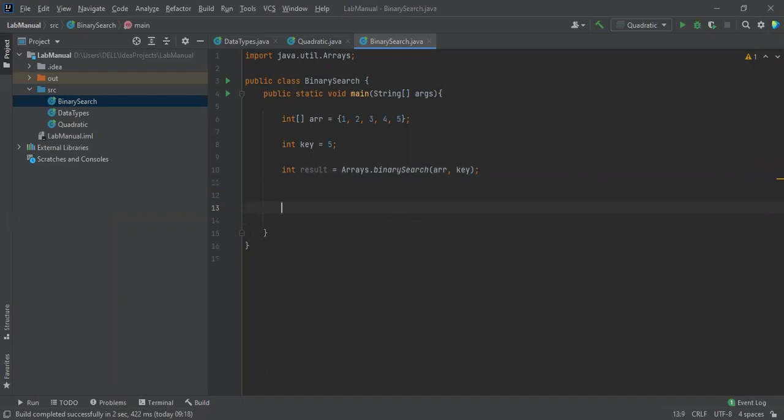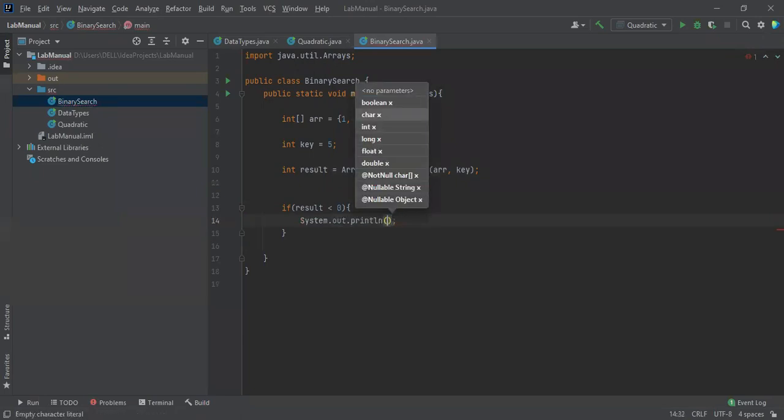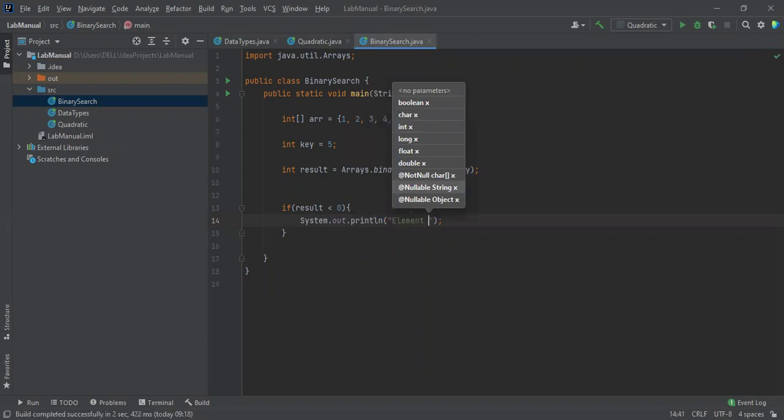So now I'm going to check whether it is found. If the result is less than 0, System.out.println, sorry, element not found.